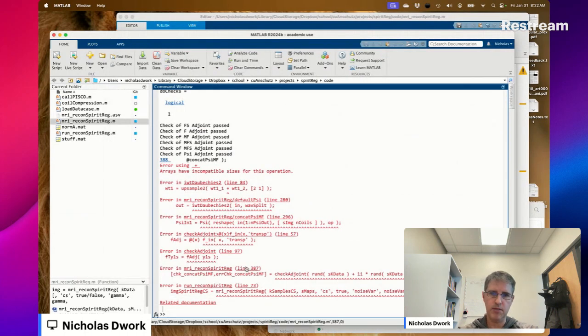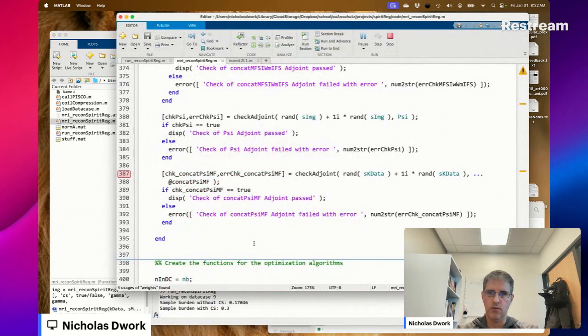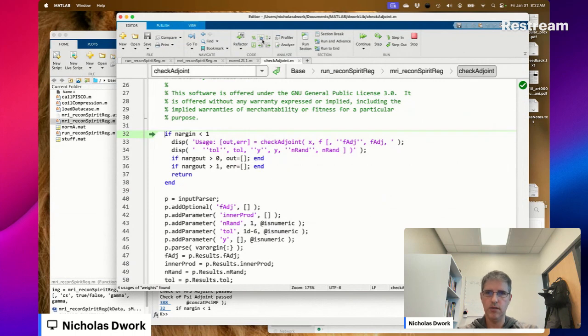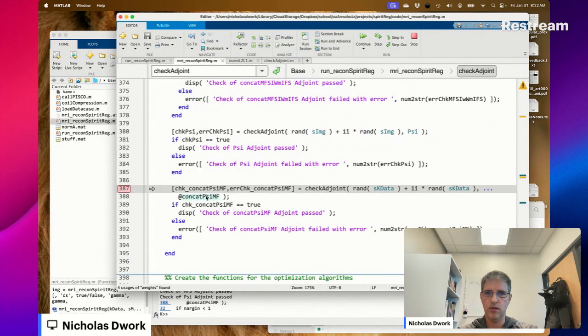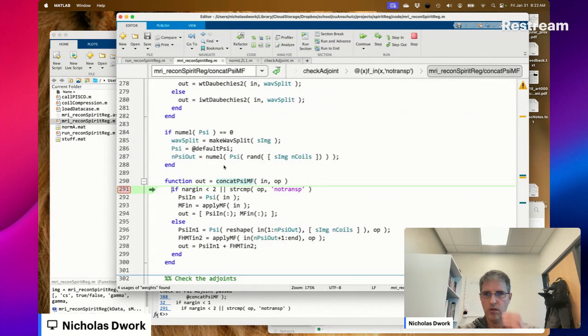Arrays have incompatible sizes for this operation. What on earth is happening? Oh, Lord. So in here is size 256 by 256 by 8.